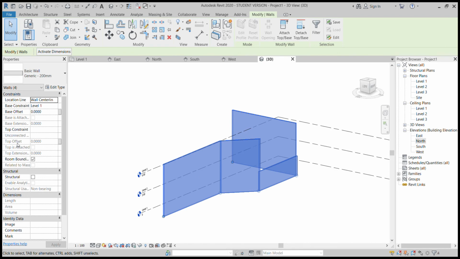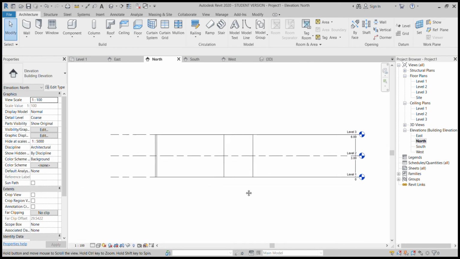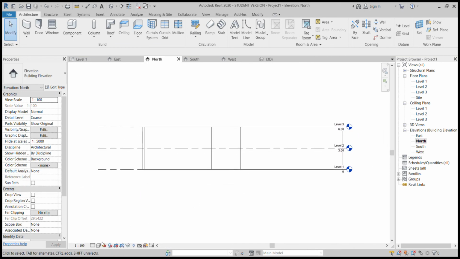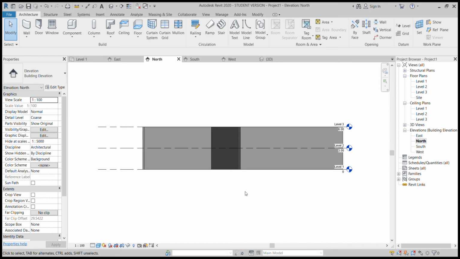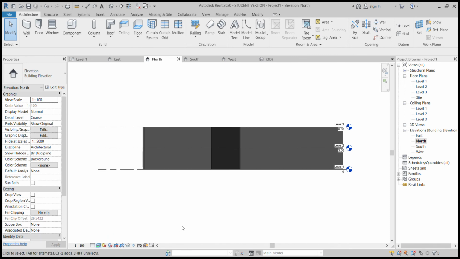So what I'm going to do is go to the top constraints, and then select level 3, let's say. They all go to level 3. If I go to my north elevation, they are all selected. If I want to see it clearly, I'm going to go here and select shaded, or I can go consistent colors, or wireframe, or let's say if I do realistic, it's going to go to realistic. Let's see in 3D,